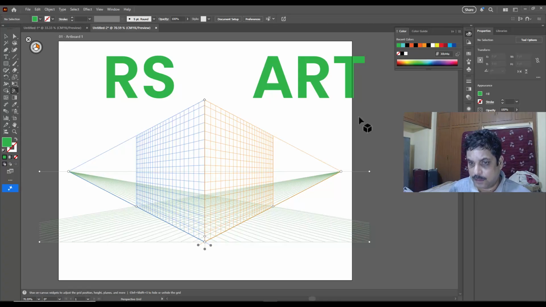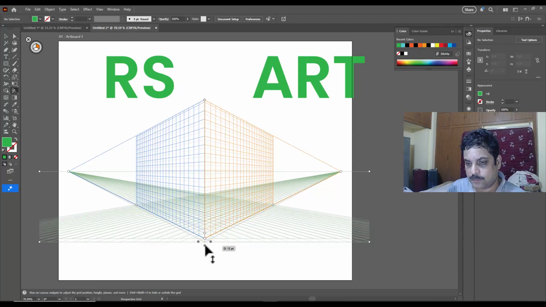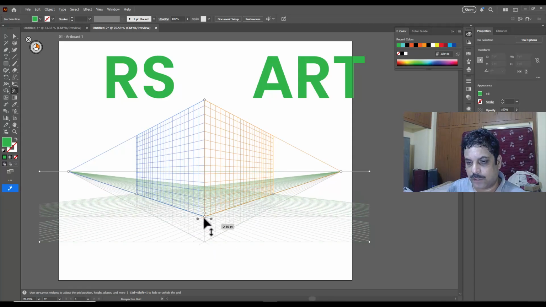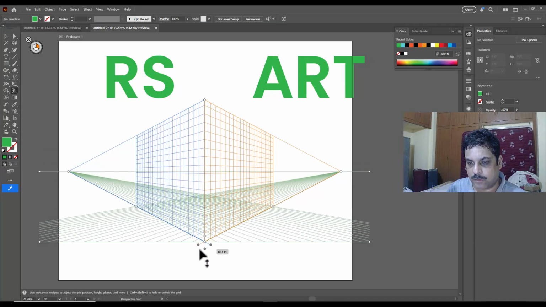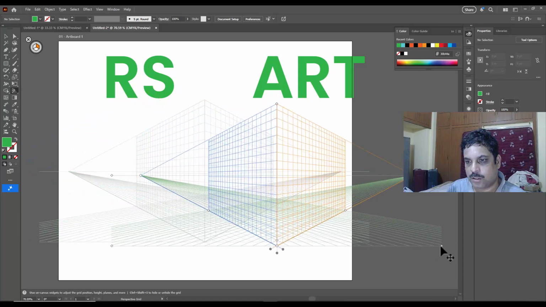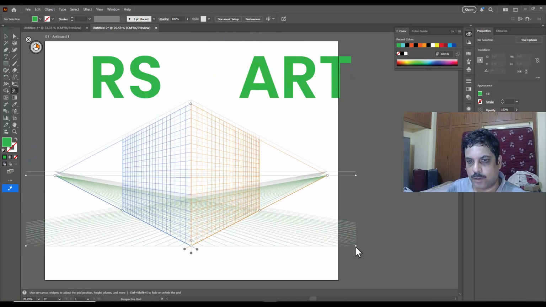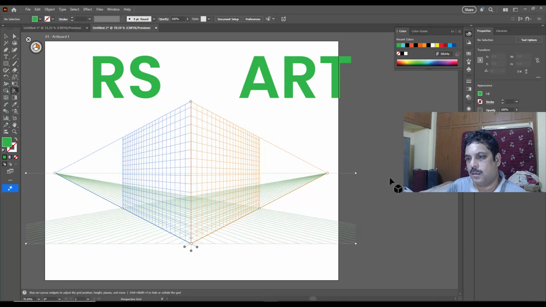First thing, let's see how we can control this perspective grid. Here we have the controls. We can just move these controls here. We can resize the perspective grid, and we can also move the perspective grid by just moving this control. We can just move it and place it wherever we want. And then